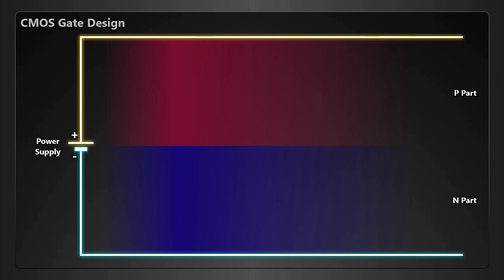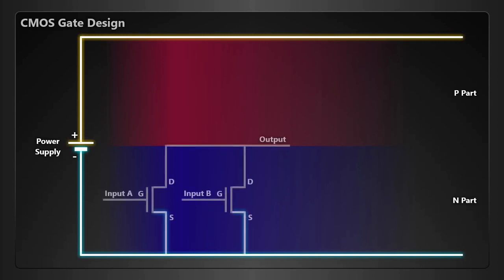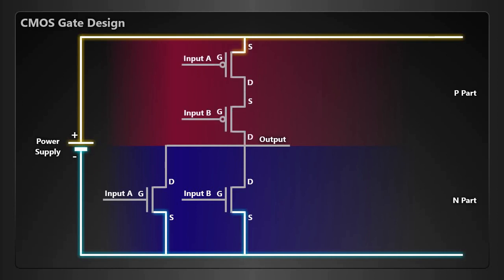We start again designing our gate in the N part of the circuit. A 2-input OR gate needs 2 N transistors in parallel in the N part, and since we use transistors in parallel in the N part, we put transistors in series in the P part, following the De Morgan's rules as before. If any or both of the inputs are high, the N part will turn on, pulling the output low.